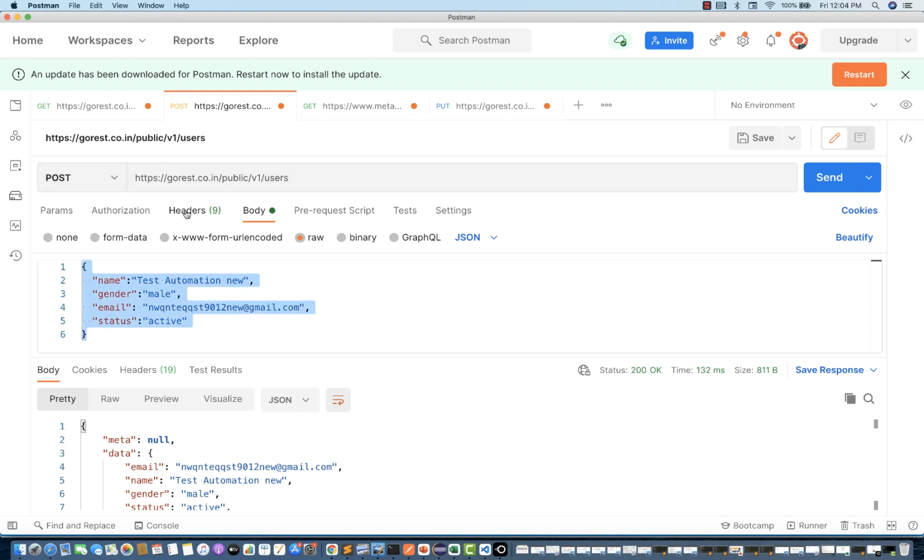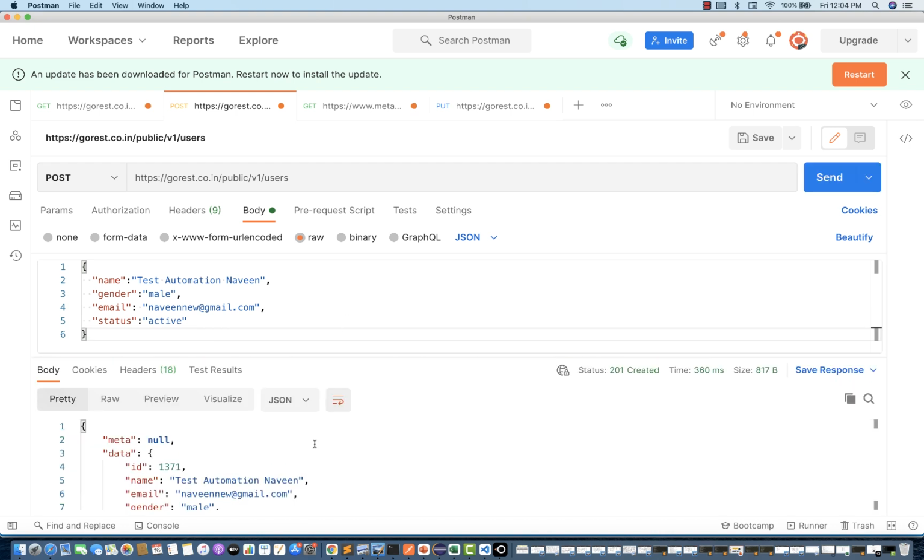This is a POST call, and the header I have already added over here. Let's say I simply create test automation. I'll write Naveen, and this is Naveen new @gmail.com, and this is the request body that I want to send. Simply send this request to the server, and you can see that the user got created successfully with this ID 1371.